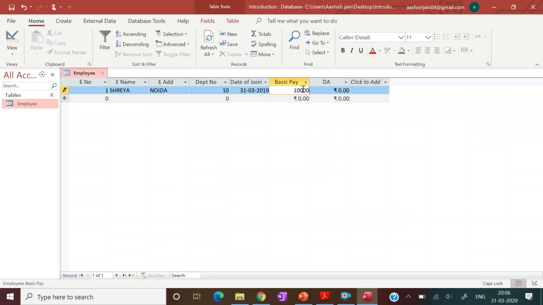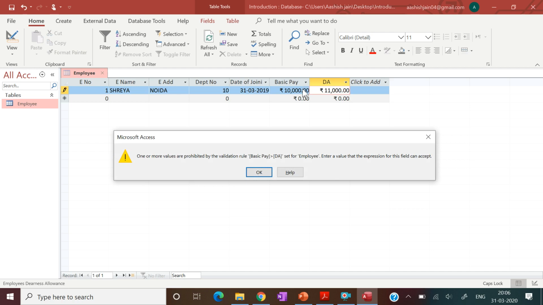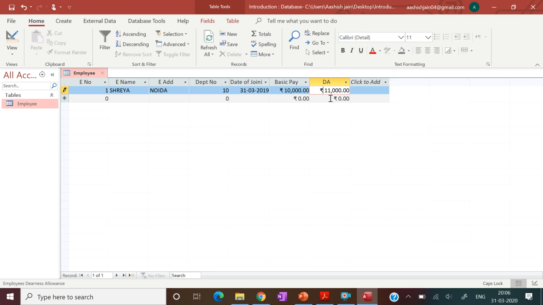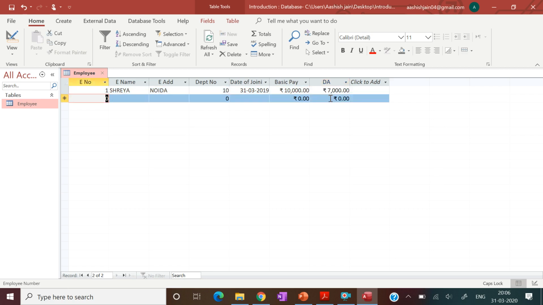Suppose I take 10,000, and for DA, again there is a constraint in comparison to BA. The basic pay should be greater than DA. Suppose I put 11,000 here, yes, it will not take. Okay, so we need to correct this. Suppose we take 7,000. Okay, next one is